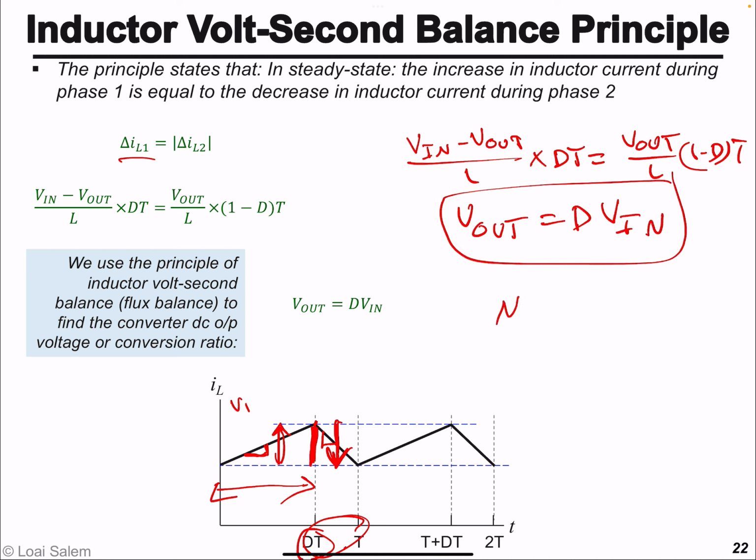And so the conversion ratio of the buck converter is equal to D. And that's how to get the conversion ratio of a DC to DC converter in time domain, by using the inductor volt second balance principle, which states that in steady state the increase in the inductor current must equal the decrease in its value in the inductor